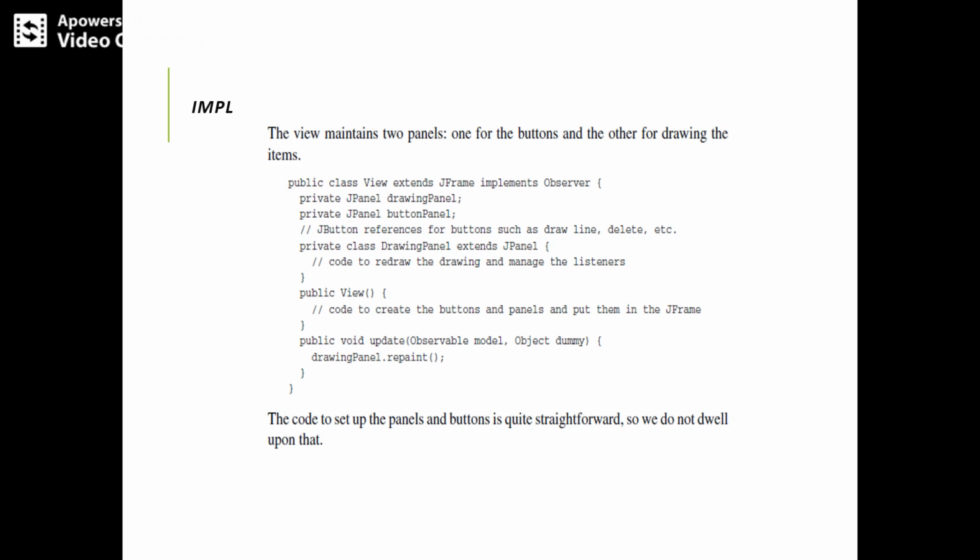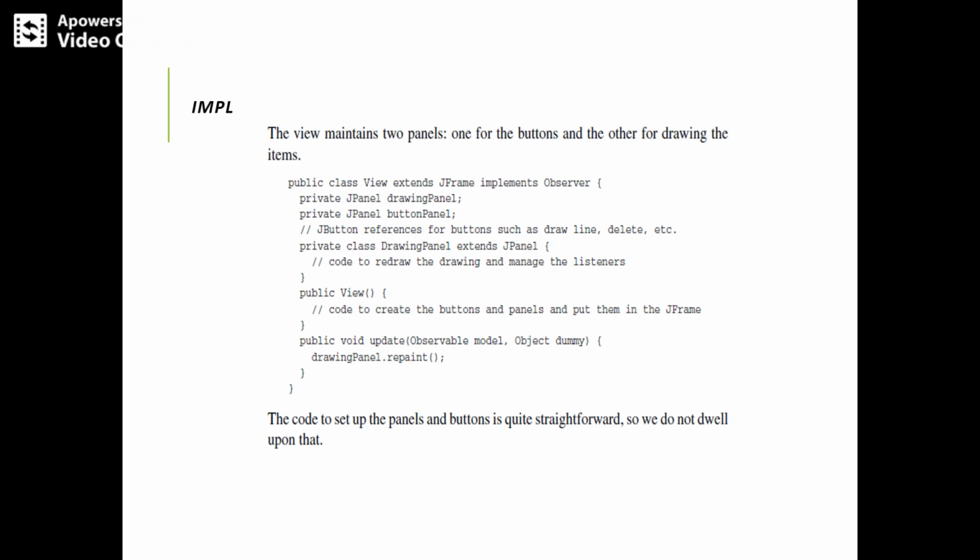Here we take a private JPanel as the drawing panel. We again declare a private JPanel, the button panel.